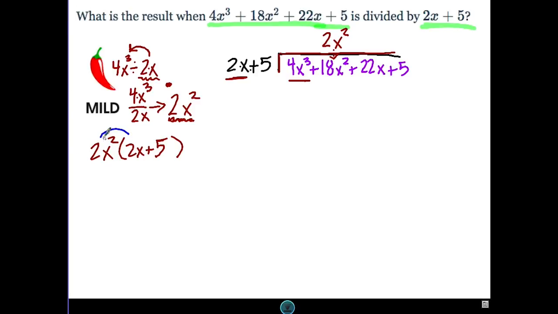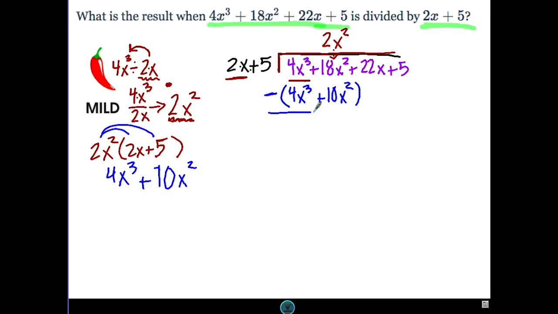This is kind of what we talked about when we talked about multiplying polynomials. So if we multiply that out, we get 4x to the third plus 10x squared. So that 4x to the third, 10x squared, gets lined up underneath. And what we're going to do, I'm going to put some parentheses around it. We're going to subtract that